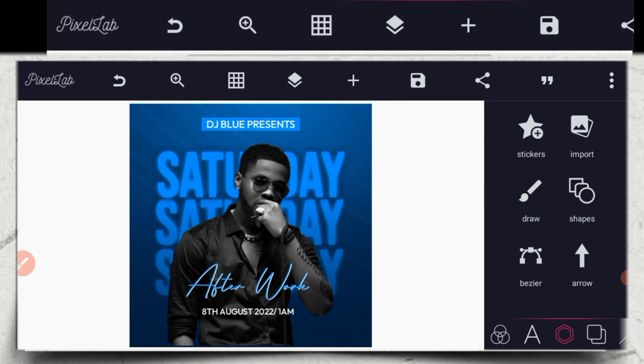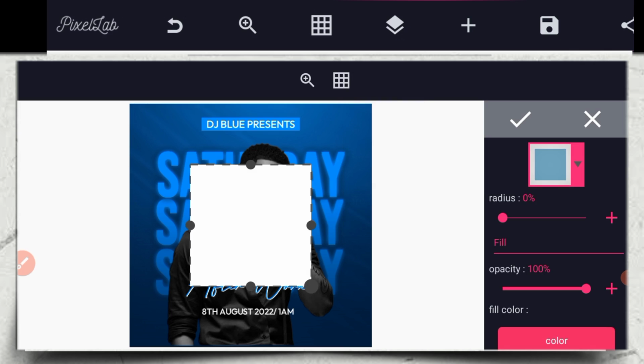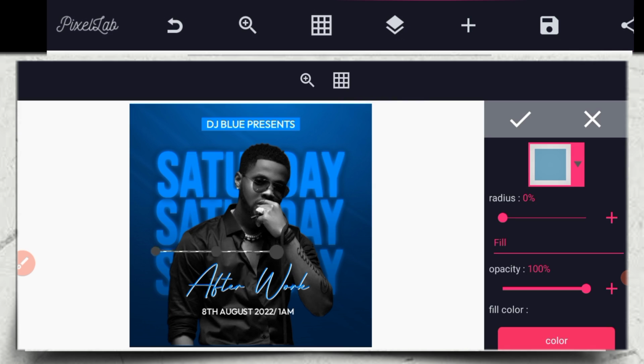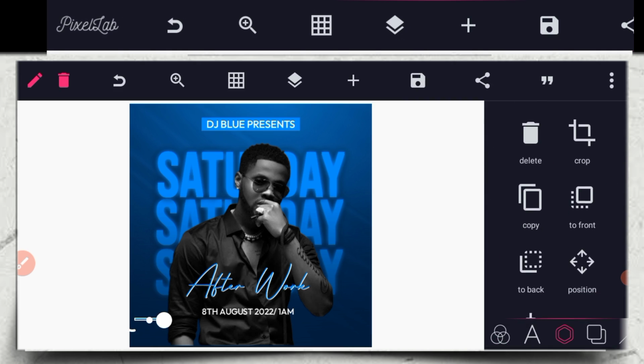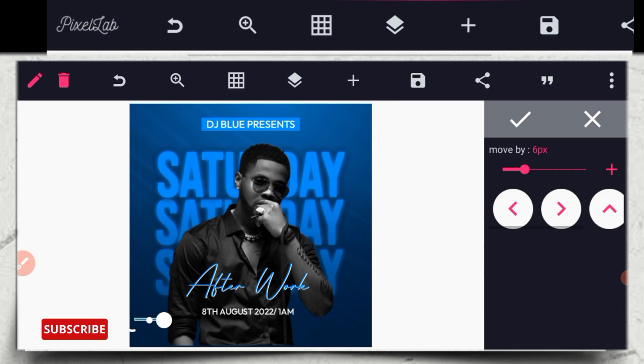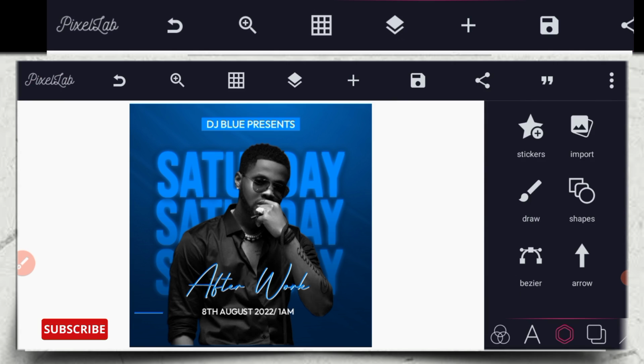So what is the next step we are taking? So the next step we are taking is to click on this your plus button, click on shape, then just something like this, then drag it to this side. Drag it here. Good. Then give it this blue color. So after that, the next thing now is to let's position it very well to this upside. Good. So after you are done,